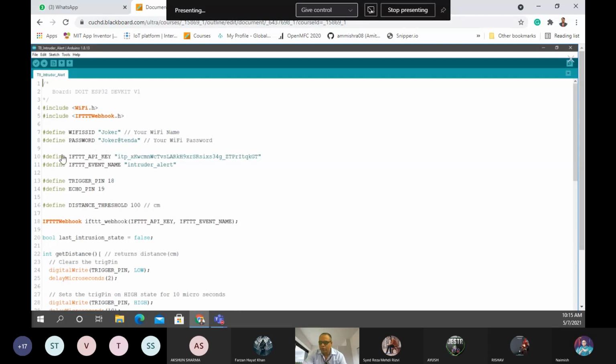Then you have to modify these API keys and the event name. Right here you can see this is the API key which we have generated by the IFTTT.com website, so you need to modify this key. After that, we have to modify the event name. We will modify that event name similar to the one which we have created